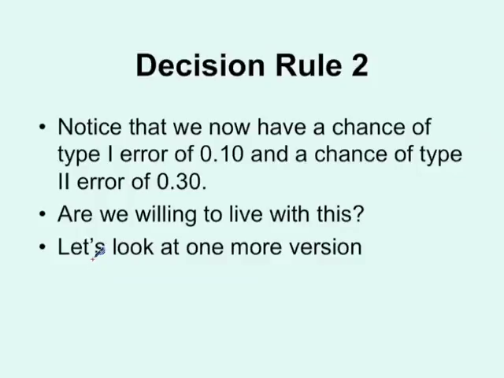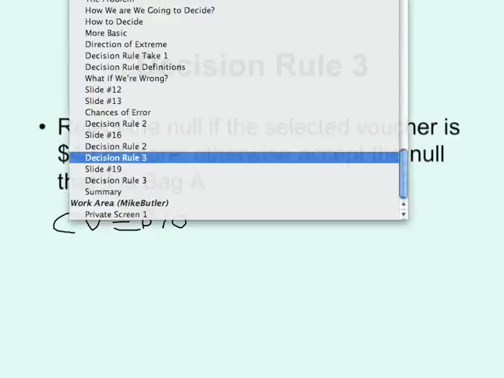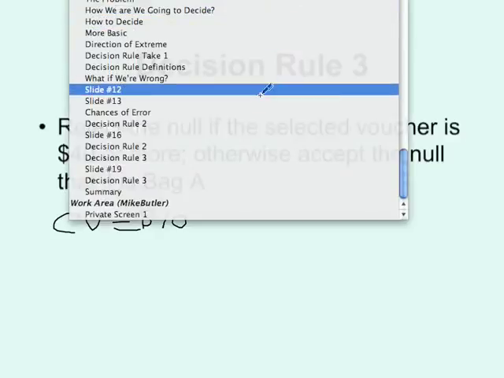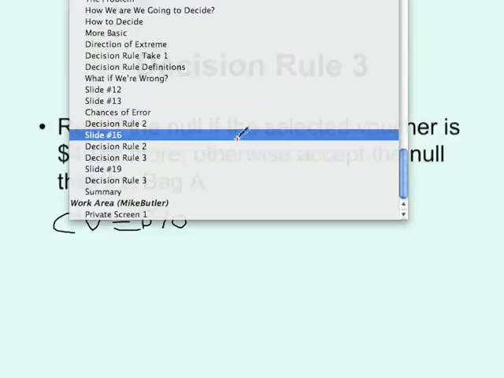Let's see what happens if we change it one more time. Let's change the probability so that now the rejection region has as its critical value, in other words, its CV, equal to $40. Okay. So if the critical value is equal to $40, let's take a look here again. Let's go look back at,